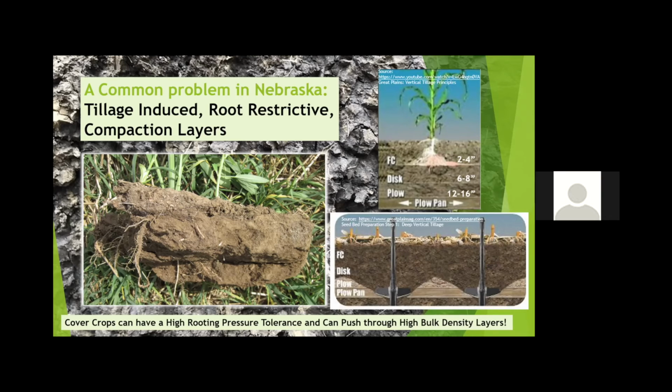This influences all of the soil functions. Everything we ask the soil to do is limited because of these compaction layers. And it was created by steel, iron, moving through the soil horizontally. I grew up on a farm and ranch, and I still do some farming. When I think of disking, I think of moving forward with my tractor. I think of progress. And now I'm beginning to see that it's not the forward momentum that matters, it's the